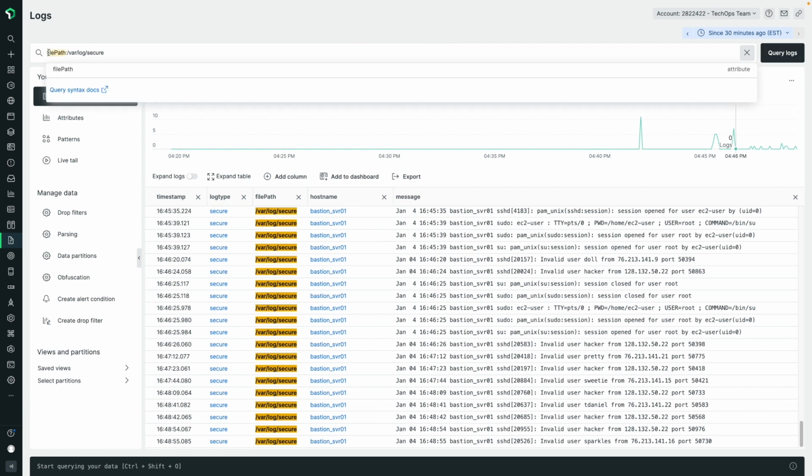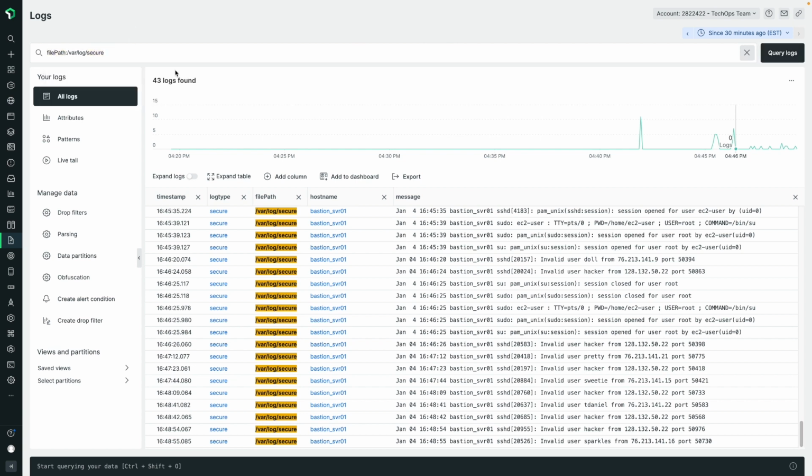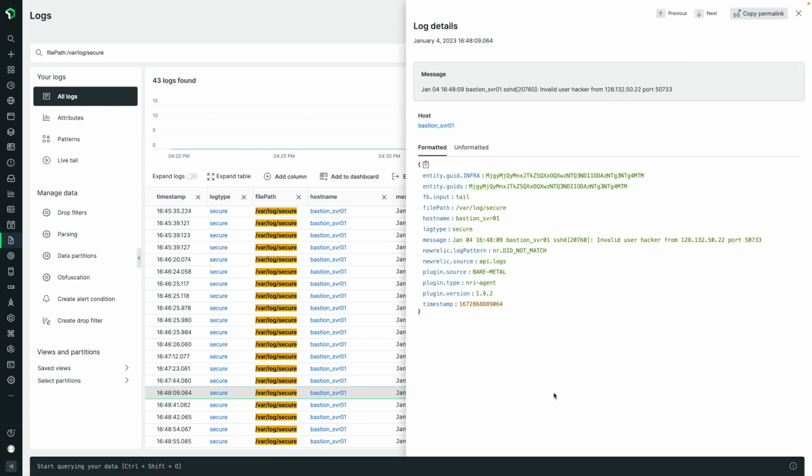So here I am in the New Relic Logs UI, and I've run a search to look at my Linux var log secure logs, where I've been noticing a lot of invalid or failed SSH login attempts. These could be attempts to penetrate my server or network. You can see these logs from the SSHD process with the text invalid from some user, a source IP address,